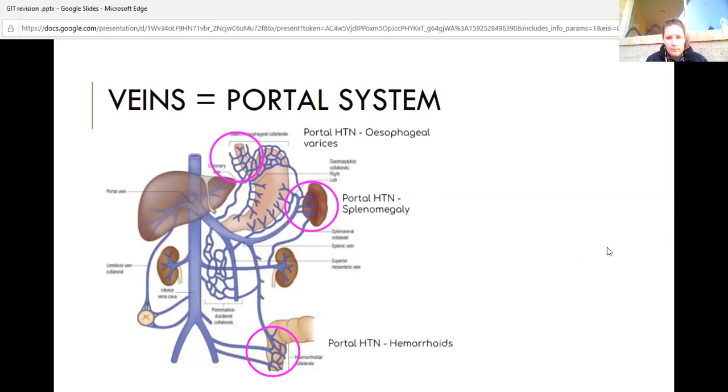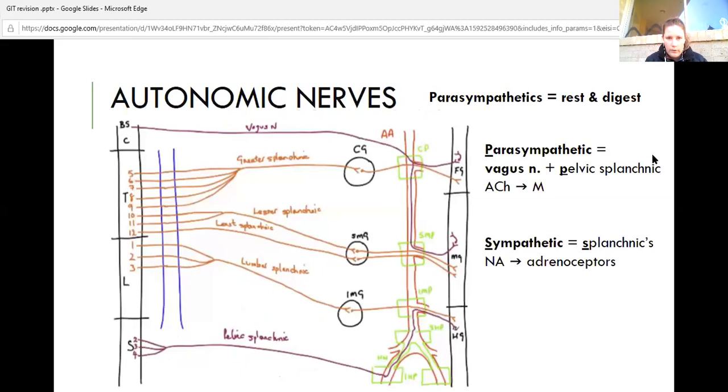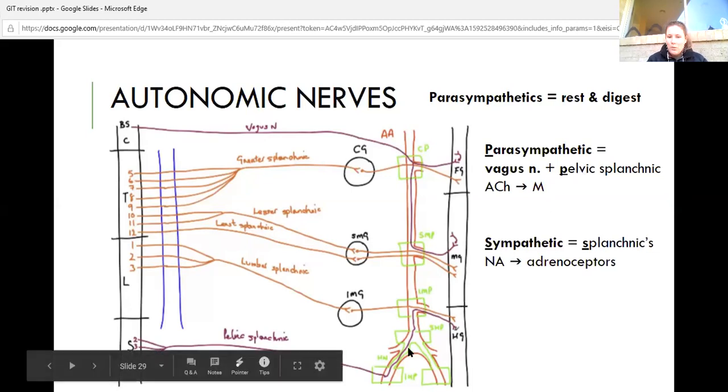to portal hypertension. Then a quick overview of the nerves. So the autonomic nervous system, all about rest and digest, is the parasympathetics. That's literally what I just come back to, whereas sympathetics is fight or flight. So parasympathetics, your main ones are your vagus nerve, and as I mentioned earlier, that's supplying the foregut and the midgut. And then you also have your pelvic splanchnic, which is supplying your hindgut, and I just remember P and